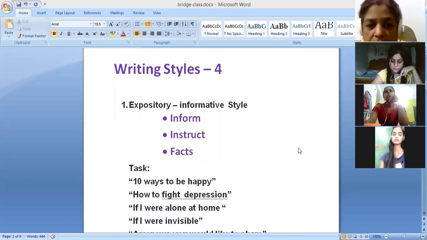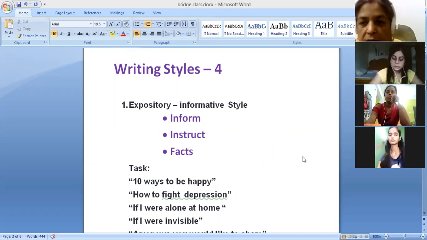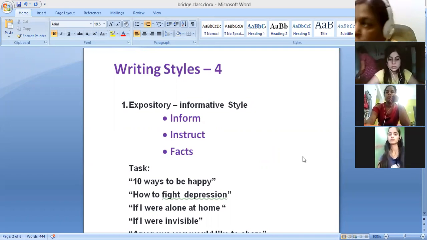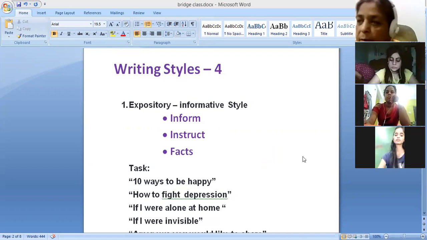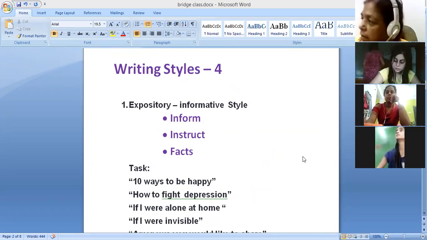So in this style of writing, you inform. It is based on facts. किसी भी चीज को आप जब inform करते हैं किसी को,